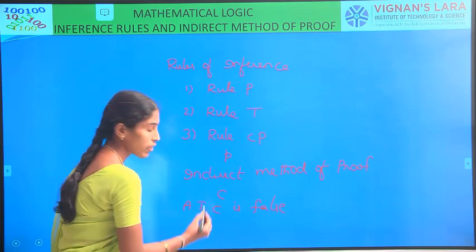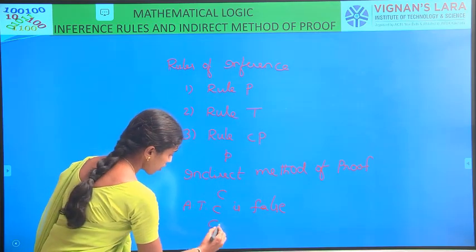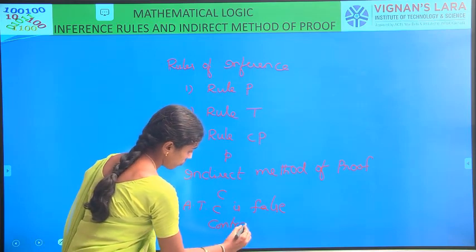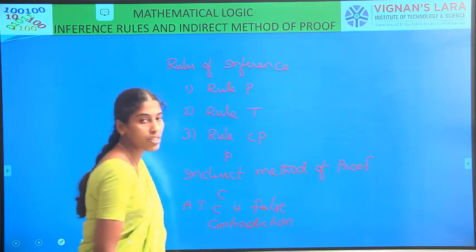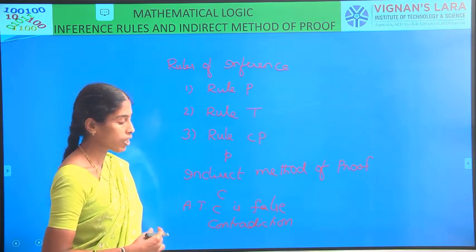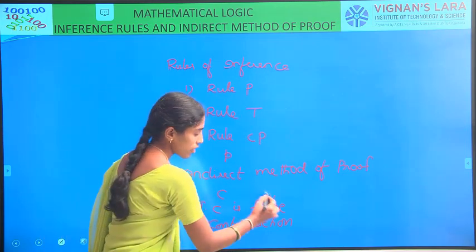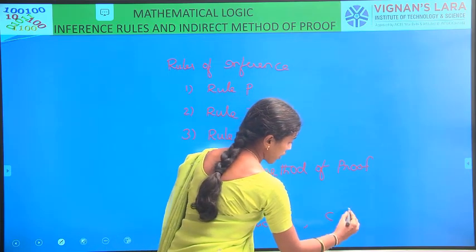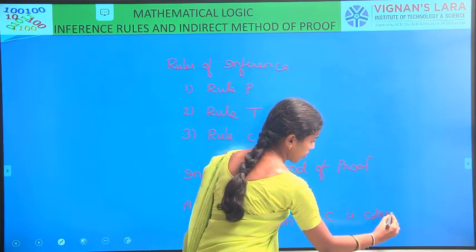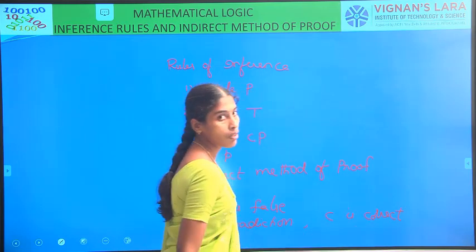And finally we get a contradiction. So because we are getting a contradiction, our assumption is wrong. What is our assumption? C is false. So C is false is wrong, which implies C is the correct statement or C is the correct conclusion for the